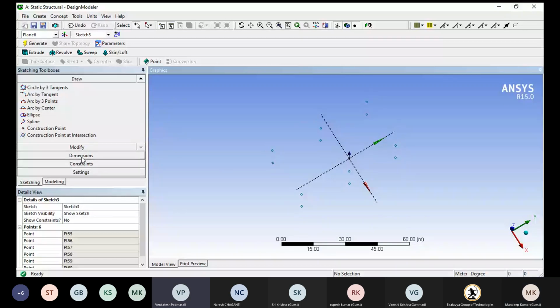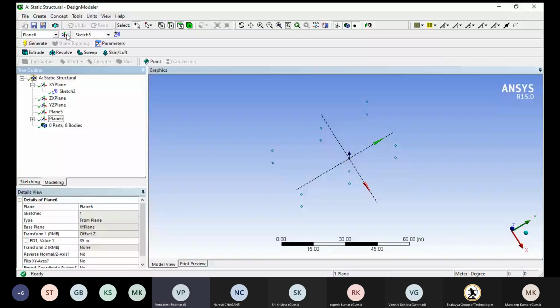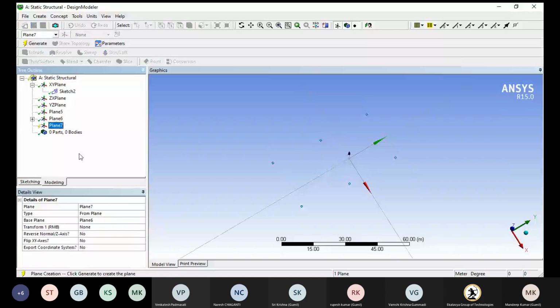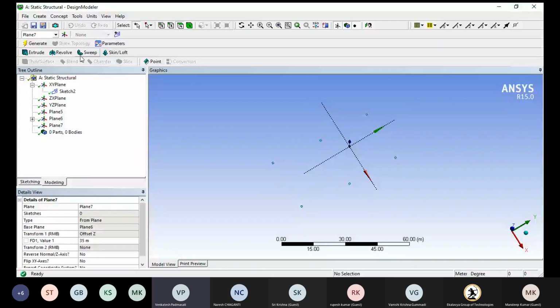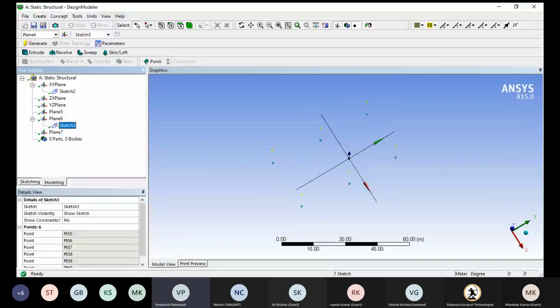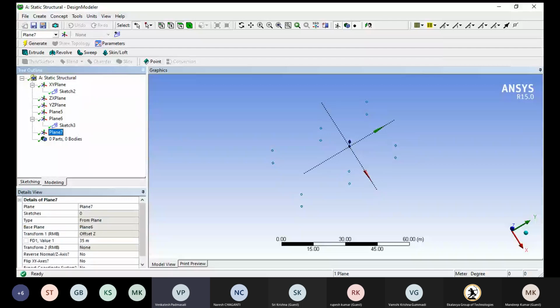Okay. And I would like to go on for the next modeling, which is nothing but the next plane. Usually open here, as usual offset to Z, again 35, enter. Generate. So show the sketch part again. Always show sketch. Right click. Generate.